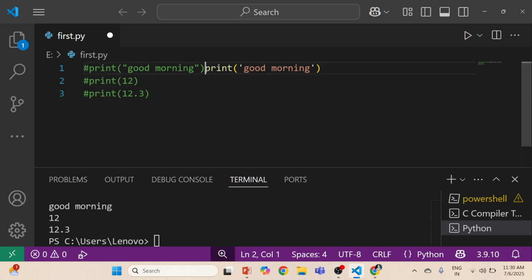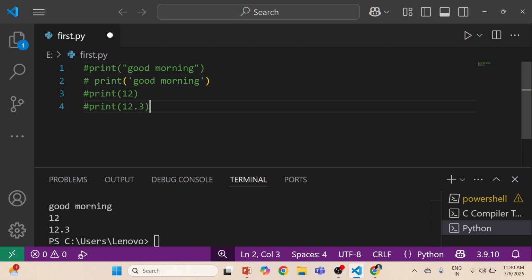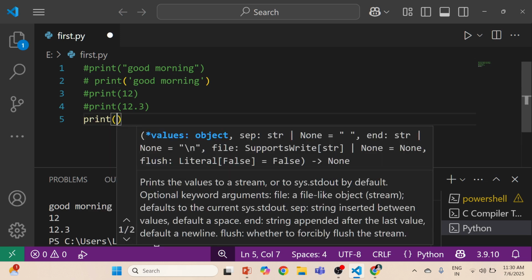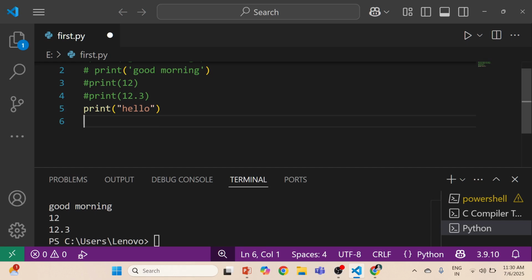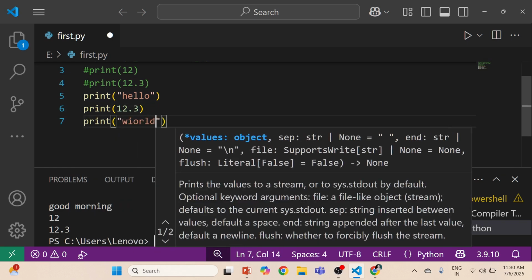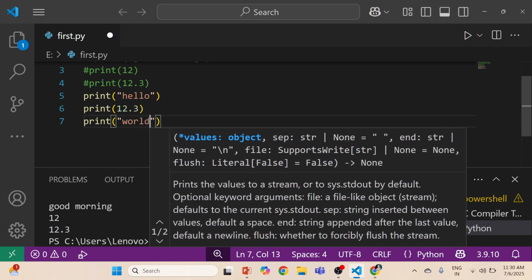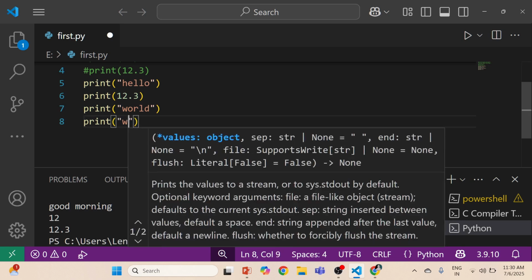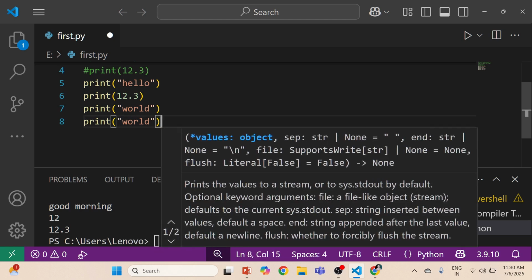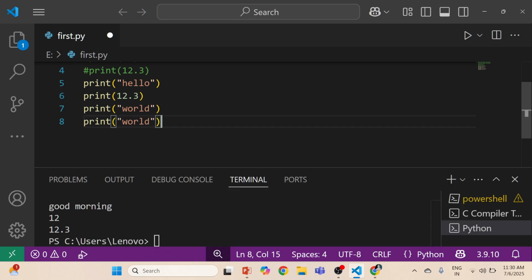Here, let's say I have some more messages, like more prints. I want to hide all of them at the same time. Right now, if I run, I will get all the output.